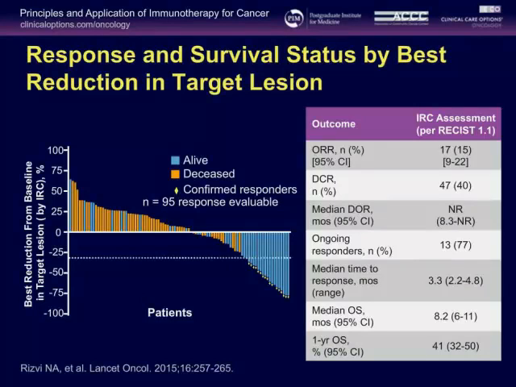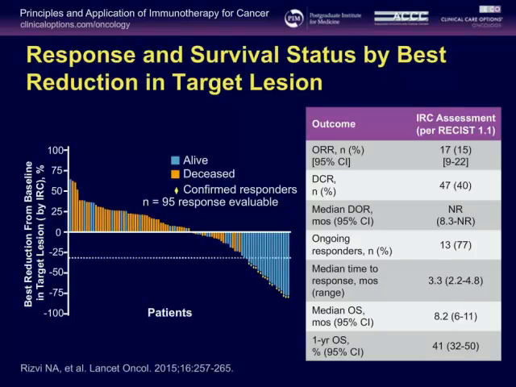This is a waterfall plot showing response here. This is looking at patients who are still alive and still on treatment, and you can see that there's a good number here, a lot of very impressive responses. Here the response rate was 17%, with again some ongoing responders, and a median overall survival of about 8 months,